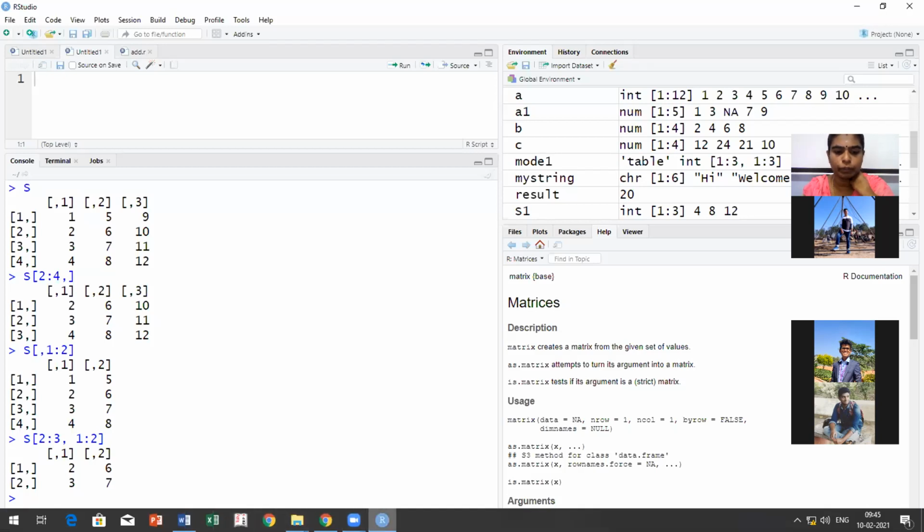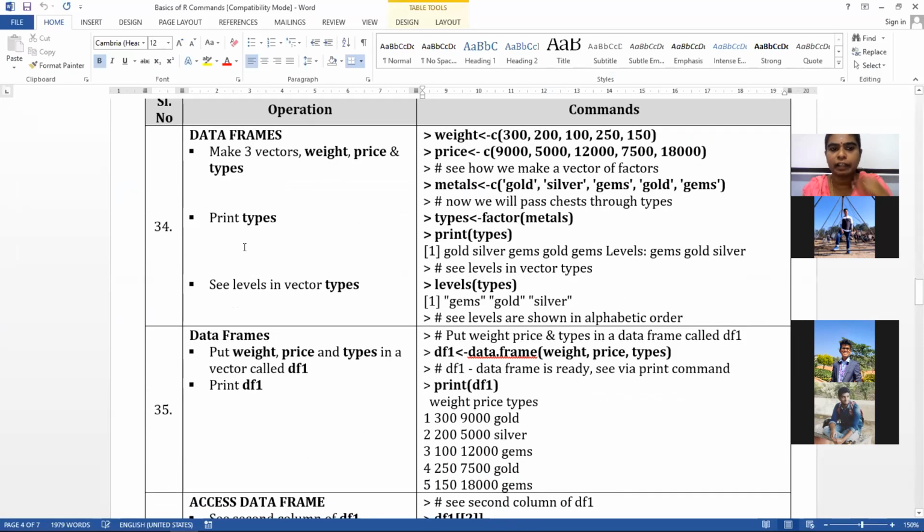As I told you, the next thing we are going to see is the data frame. First of all, let's see what actually a data frame is. What's the difference between a matrix and a data frame, and what are the similarities? As I told you before, a value with a label we call data. Simply 10 does not have any value, but if I say 10 is a number and it belongs to a particular house, then it has a totally different value. In data frames you will have multi-dimensional data, but with labels added as well.